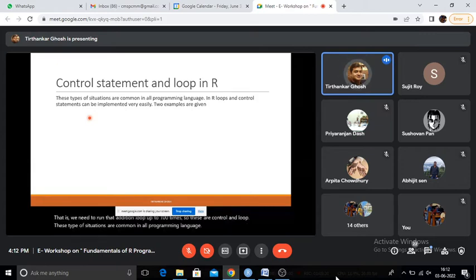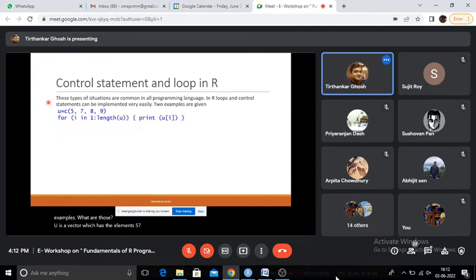In R, loops and control statements can be implemented very easily, and we are given two examples here. What are those? u is a vector which has the elements 5, 7, 8 and 9. Now here we are saying for i in 1 up to length u, please try to follow this online.